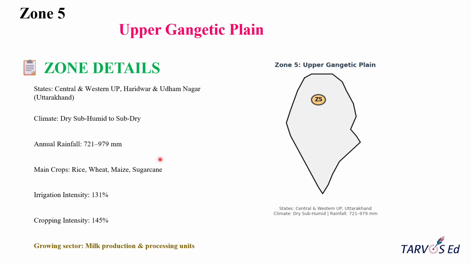But what's unique about this zone is that it's growing dairy milk also. Milk production and processing units are a major part of the rural economy here. So this region also has a good growing sector on this part. Okay,